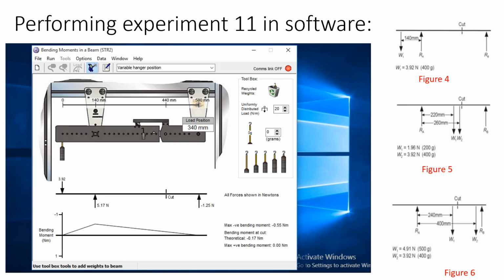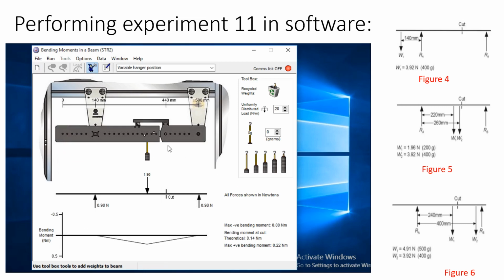You can see here the distance is actually 360 millimeter from extreme left, but the distance from this support is actually 220 millimeters. So we will remove this load, we do not require this.